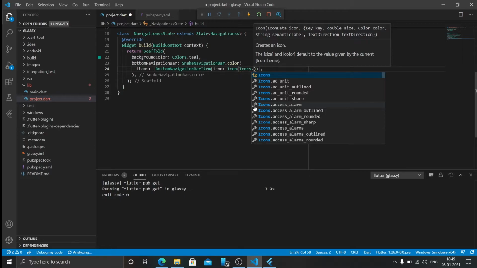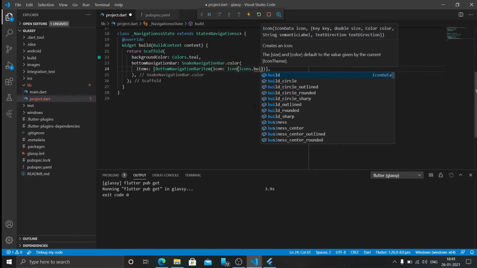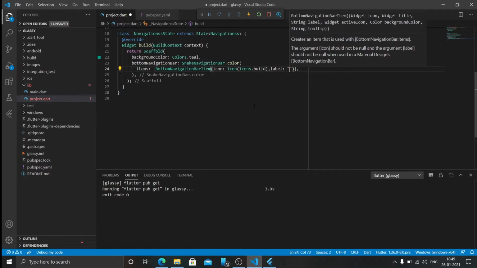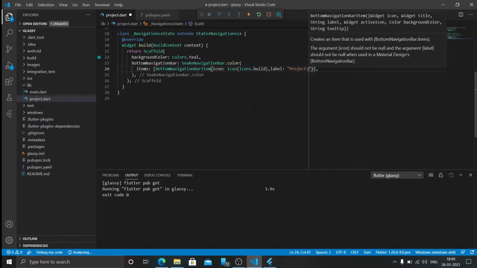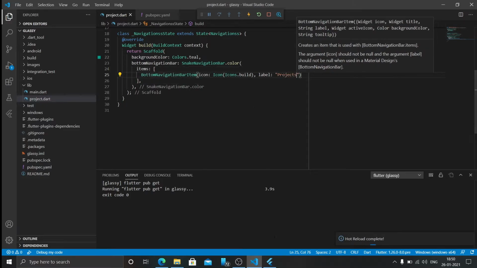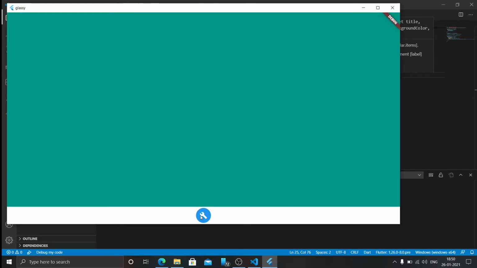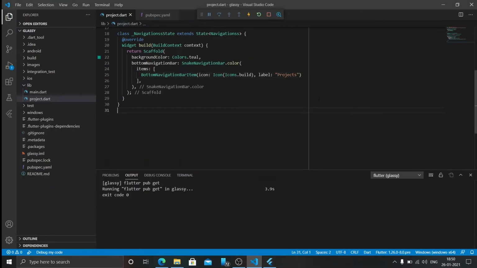You can use many material icons that are already present, but as we are in a project section, let's look for something similar to what we are building. There is an icon named build, so I'm using that. Now let's restart our app and look. Okay, here we got our material icon with the navigation bar and our scaffold with a teal color.